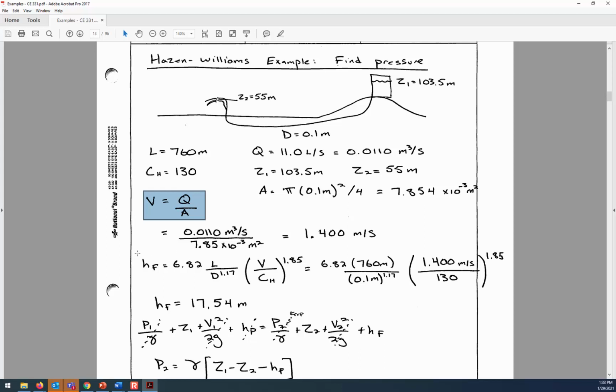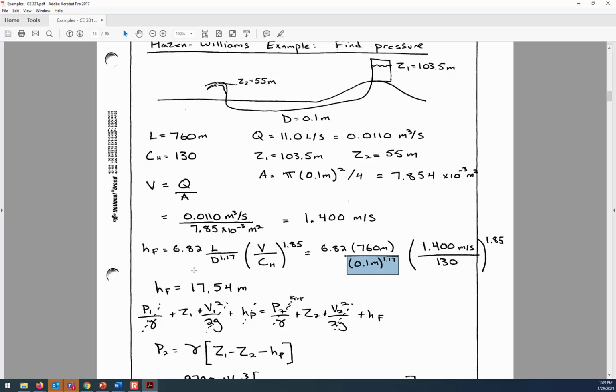Now, substituting that into the formula for head loss, this pipe length is 760 meters, the diameter of 100 millimeters is 0.1 meters down in the denominator, flow velocity and the C sub h. So we get that there's 17.54 meters of head loss, but the water was flowing downhill and the elevation decrease was more than that frictional head loss. And so the water is still going to have pressure downstream because there was a bigger delta Z to offset